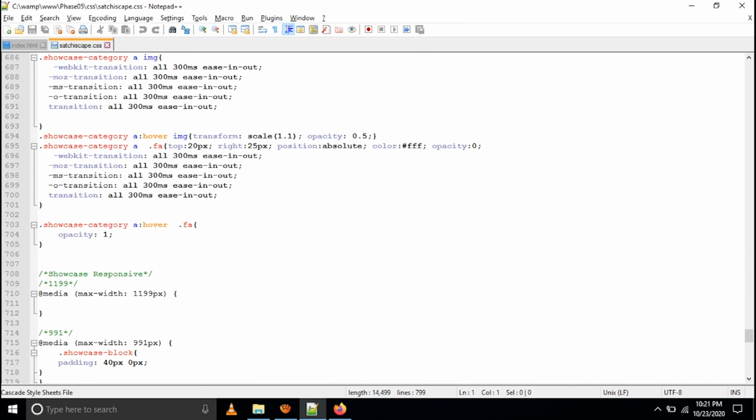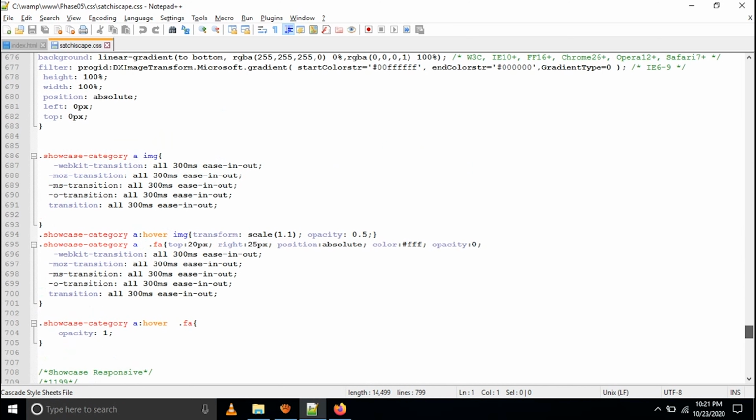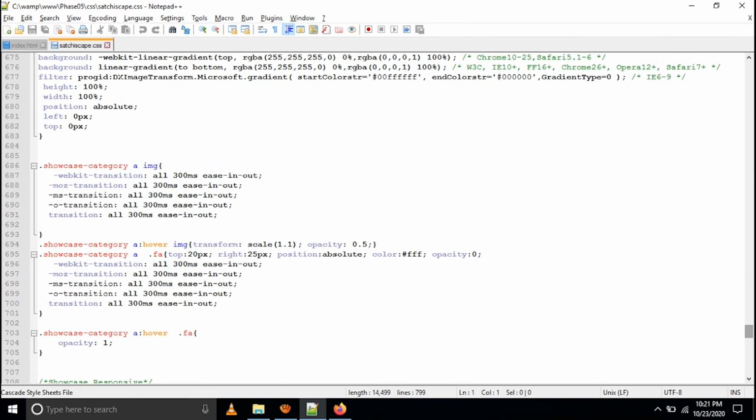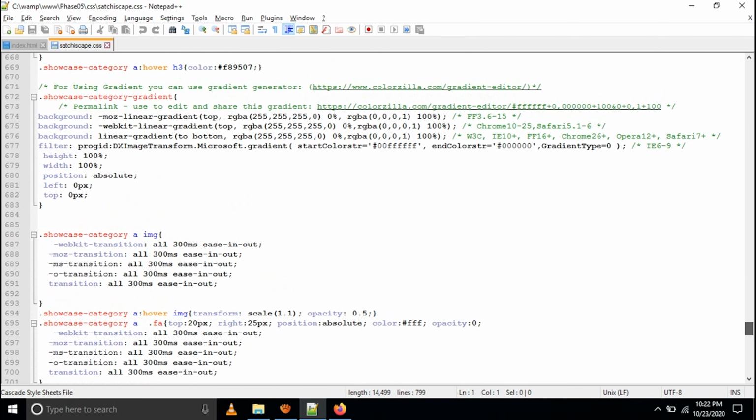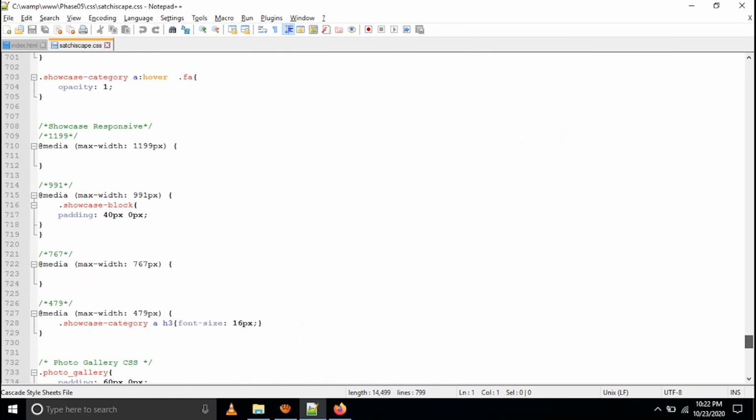going to reduce. Because if you write too many things in one source code, it's not right. So you have to write the CSS code so that, for example, the showcase CSS you can use for the photo gallery, which is better, no? So no need to write the source code 2 times, 3 times, 4 times. It's not right. So I have used this source code from my previous video.